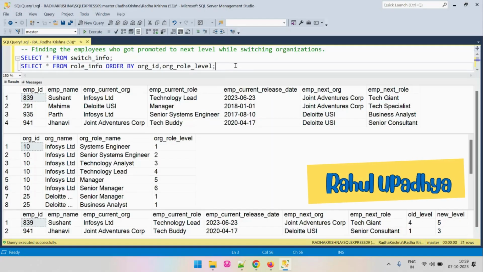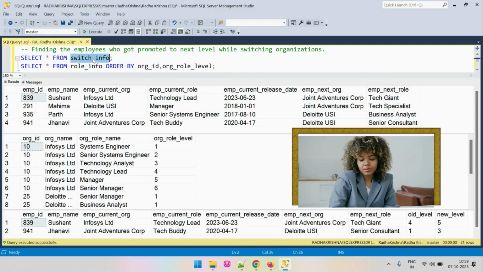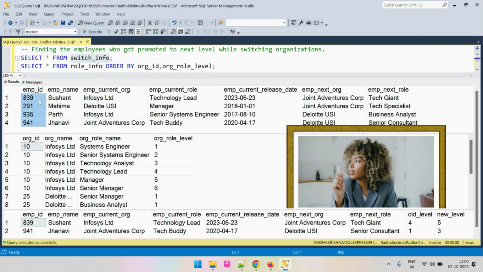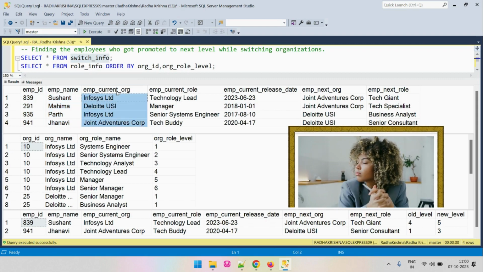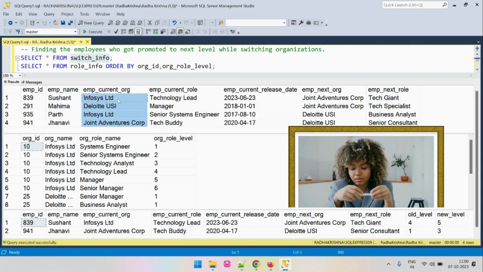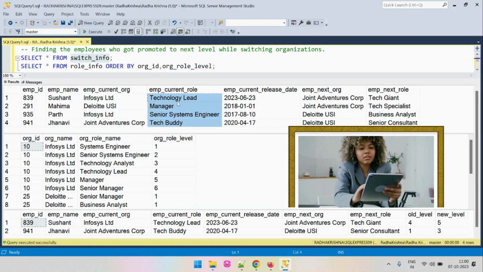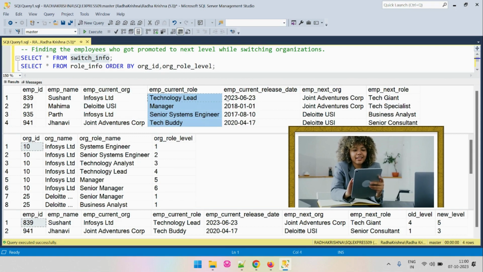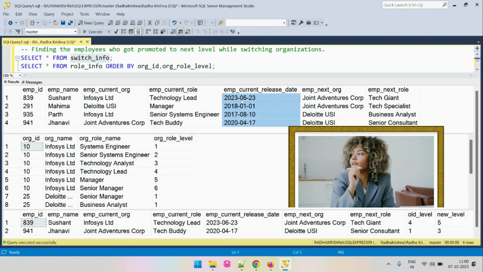Hi everyone. The problem that we are going to solve now involves the input table switch info. This table has the following columns: emp ID, which is the ID of the employee; emp name, which is the name of the employee; emp current org, which is the current organization of the employee; emp current role, that is the role of the employee in this current organization; emp current release date, that is the date on which the employee